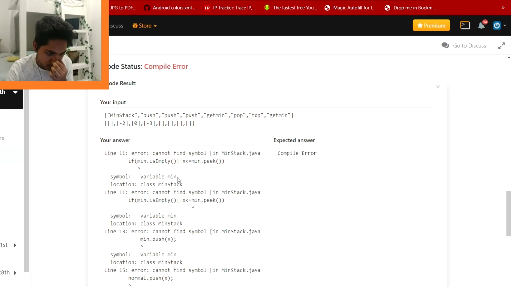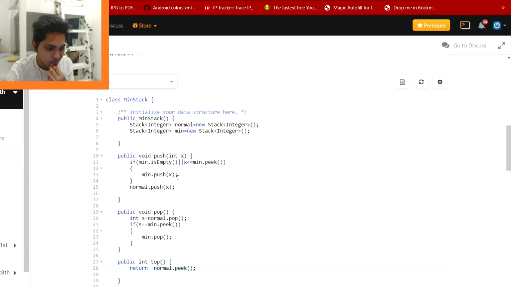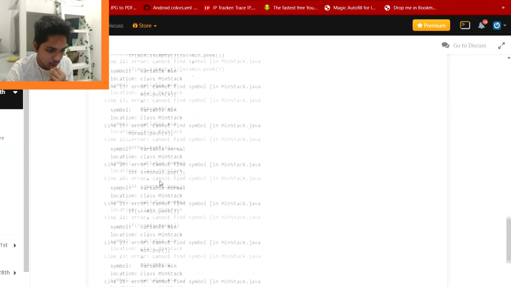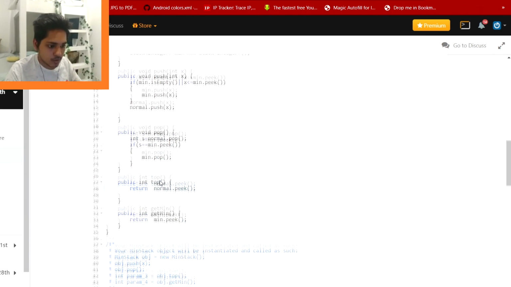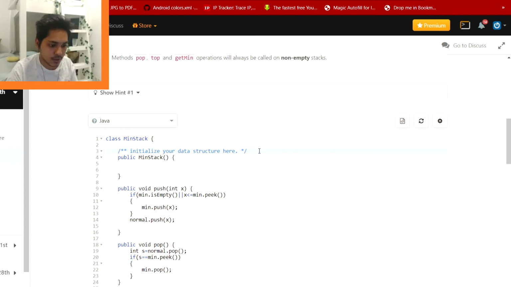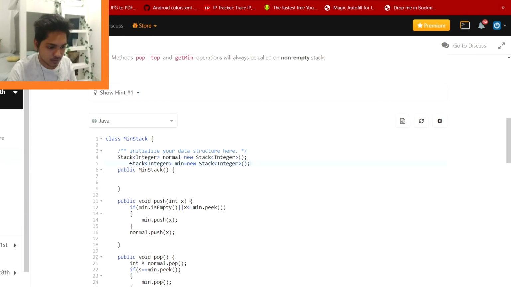Cannot find symbol min. What? Okay, what I think is I need to initialize my data structures actually outside my constructor.